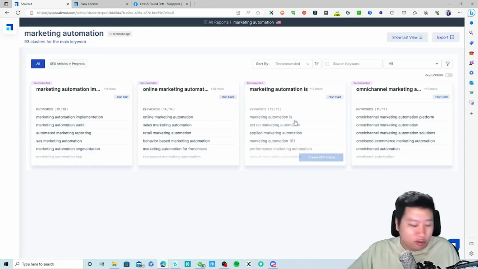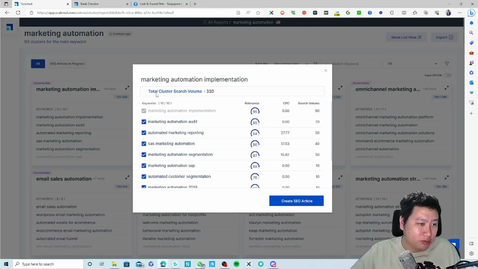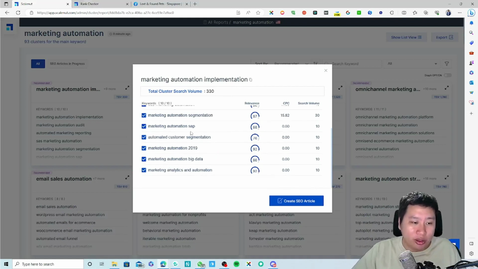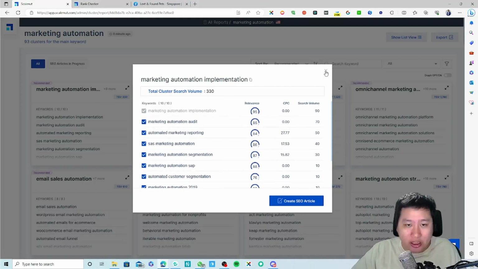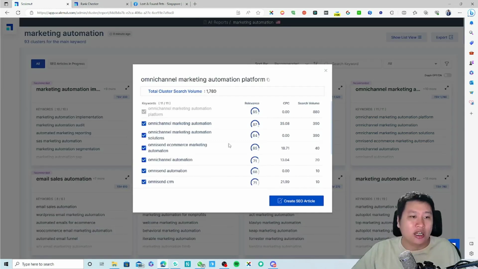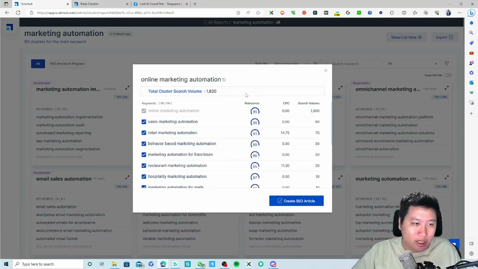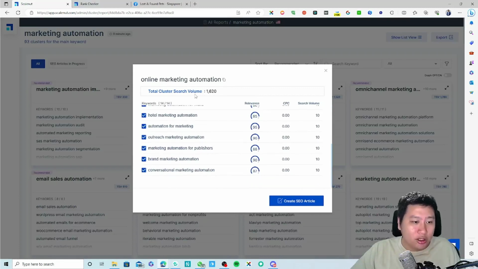So this gives you a keyword report, right? For example, we're going to open this up. Marketing automation implementation, right? So if you want to implement marketing automation, then you may want to insert some of these keywords in here. And then the next one will be maybe omni-channel marketing automation platform, right? So there you go. And online marketing automation. Okay, so these are